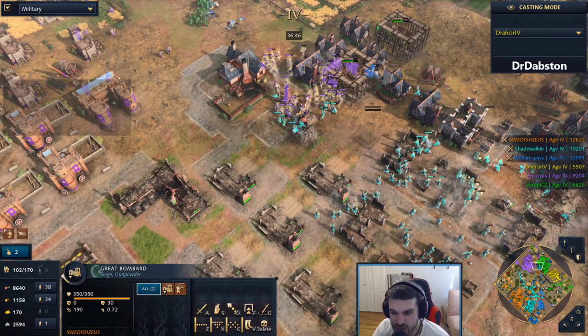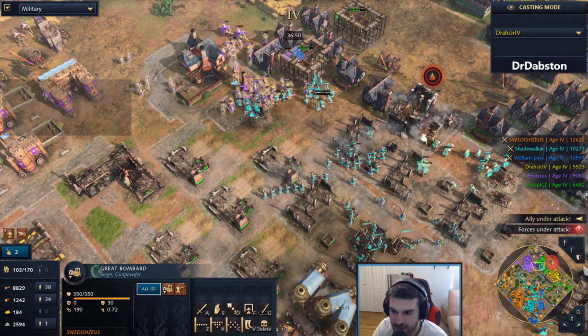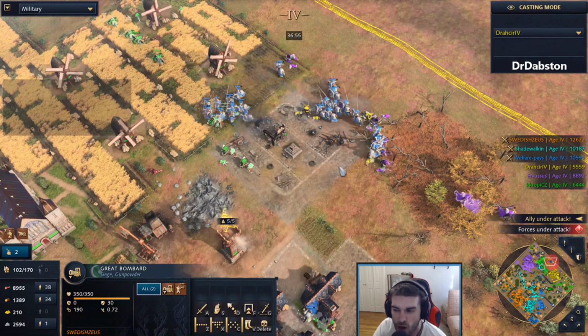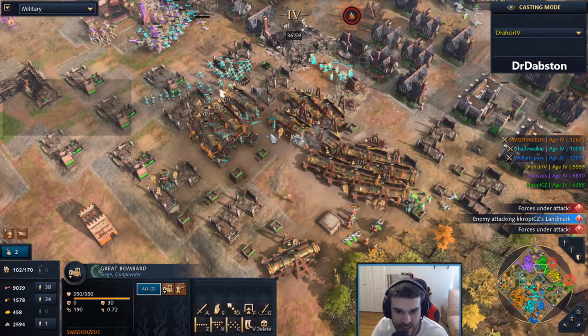Purple diving in again, just very, very unsynchronized attacks. It's like one after another instead of a unified force, and that is what team games are all about. Team games are all about that unified force, and you can see how effective it is here together with